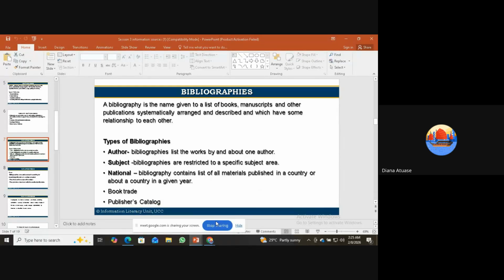Then we have the book trade. So we have also the book trade. And these ones are also publications, list of publications on a particular